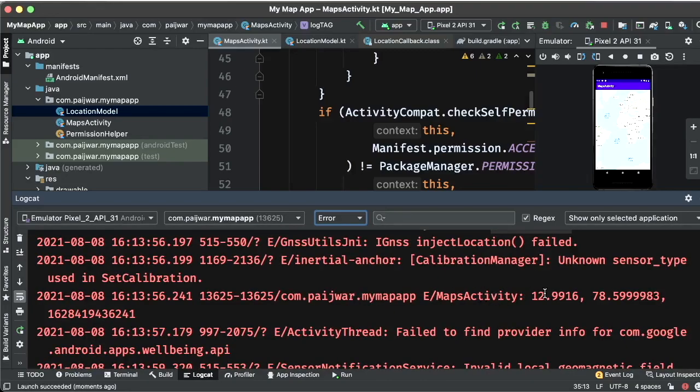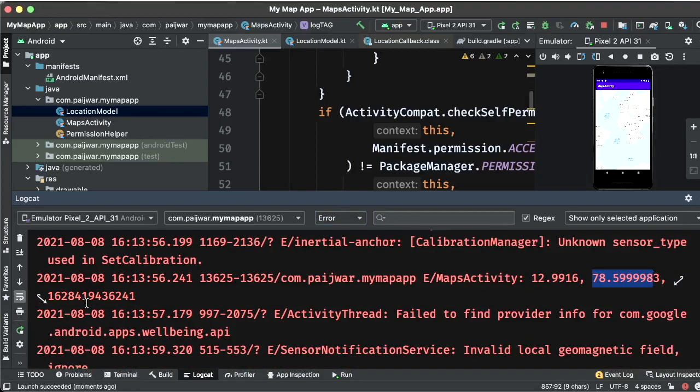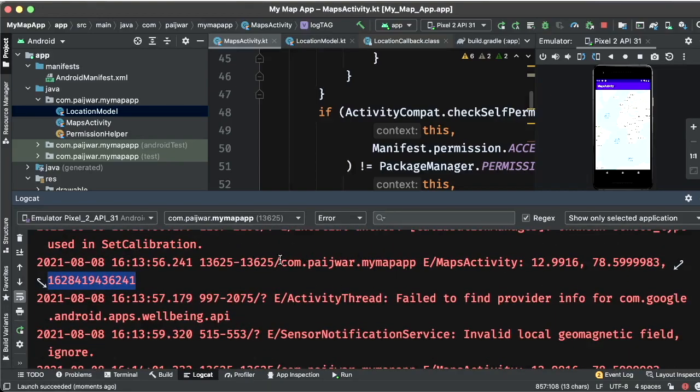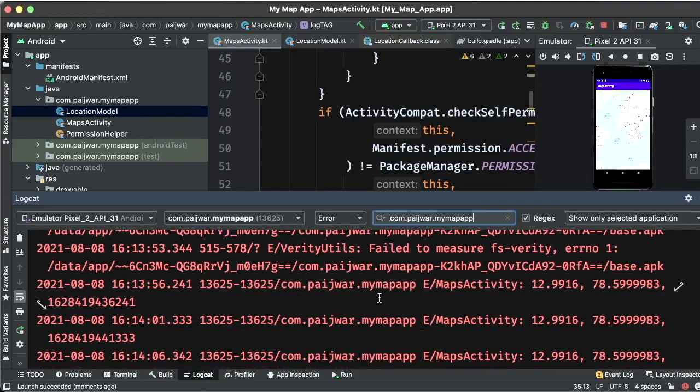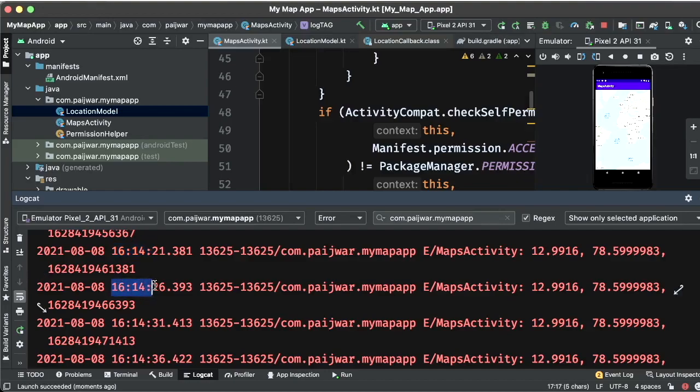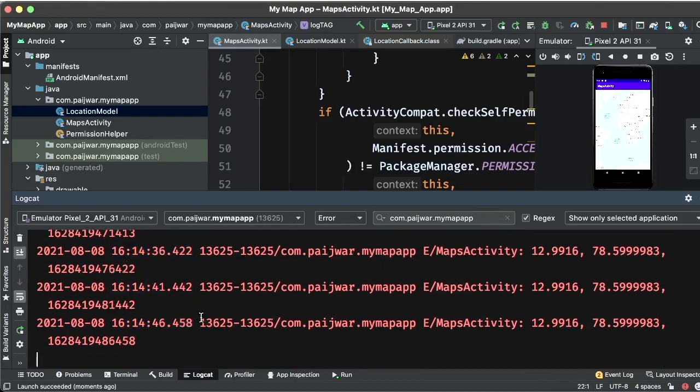We can find out this is the latitude, longitude, and the timestamp. I will make a filter on this, and then it's coming every 5 seconds. 16, 14, and then 21, 26. Next is 31. So our logic is working perfectly.